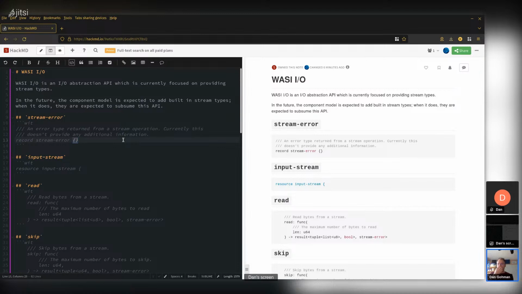So yesterday I started doing a few things where we're migrating away from resources in the WIT files at this moment, because WIT files aren't in the tooling yet. That's going to be a temporary thing. We'll migrate back to resources as soon as the WIT tooling has more resources. And so today in the stream, I'm not going to do any of that. I think I'm going to correct that mistake. I'm just going to leave the resources as they are, leave things in the form that they're in.